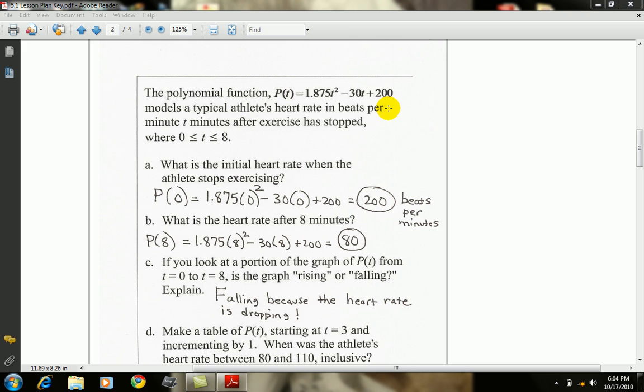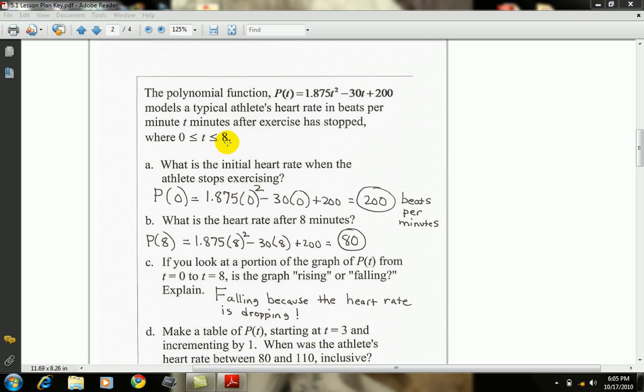This function models an athlete's heart rate in beats per minute t minutes after the exercising has stopped, where t is between 0 and 8. So what that means in English is, we've had somebody exercise. Let's say we're having them do a stress test. At the end of the exercise, we say stop. That's when time 0 kicks in, and we start measuring their heart rate. And we measure that heart rate for the next 8 minutes to see what's happening to their heart rate after